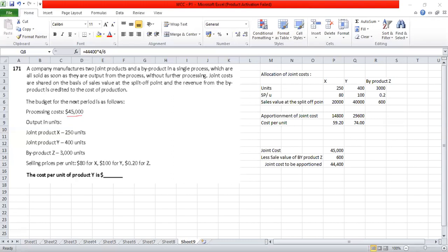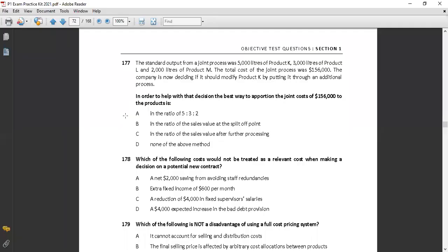Then we see question number 177. This is also about the joint cost. The standard output from a joint process was 5,000 liters of product K, 3,000 liters of product L, and 2,000 liters of product M. The cost of the joint process was 156,000. The company is now deciding if it should modify product X by putting it through an additional process. In order to help with that decision, the best way to apportion the joint cost of 156,000 to the product is